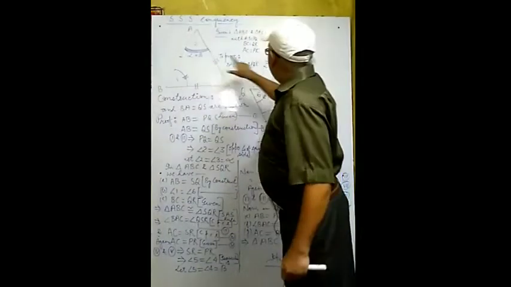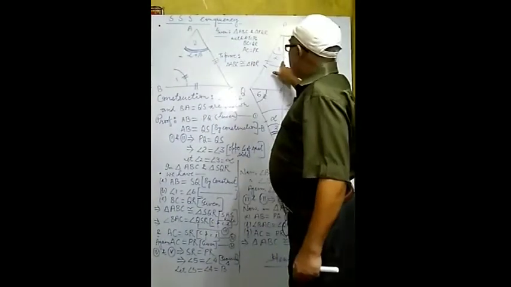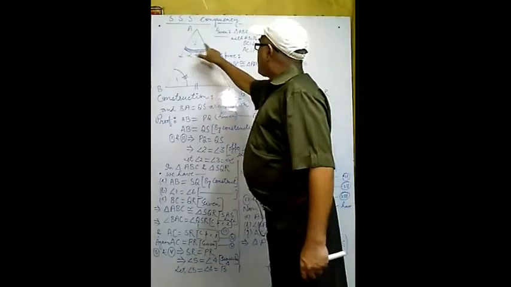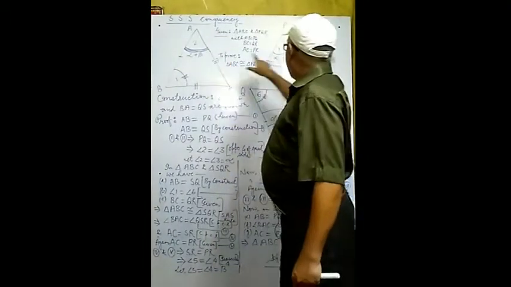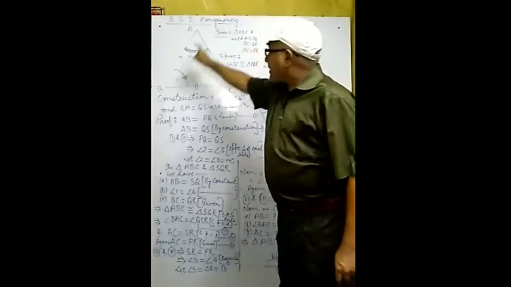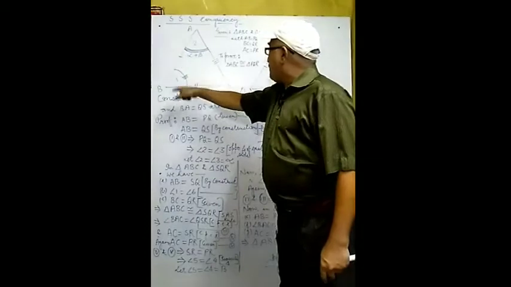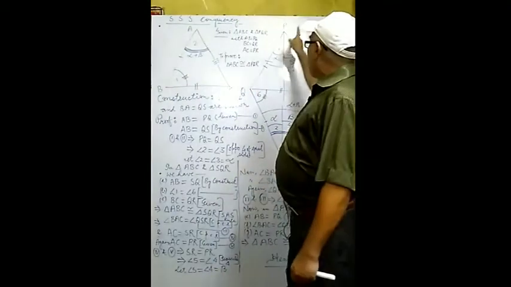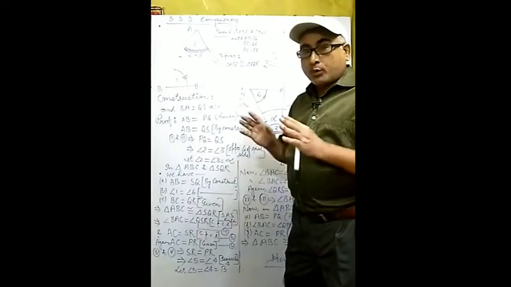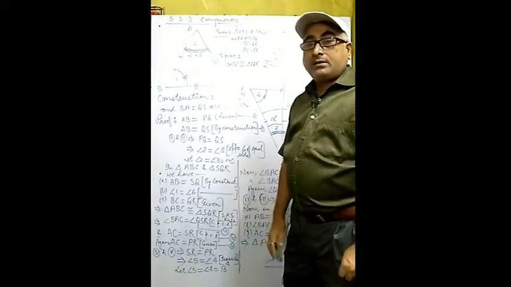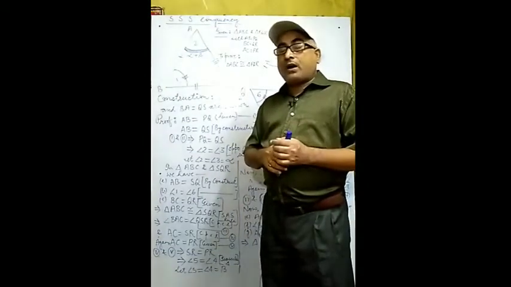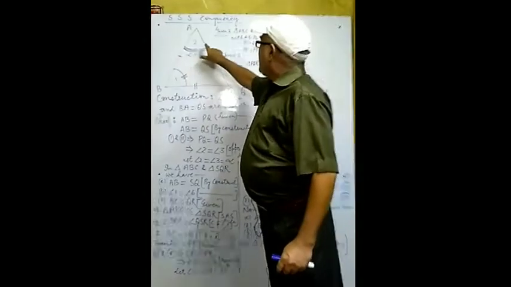Now this side is equal to this one, this angle is equal to this one, and this side is equal to this one. So by side angle side, this triangle is congruent to this triangle. What is the name of this triangle? Triangle ABC is congruent to triangle PQR. In this way, we have proved side triangle congruency, and it is converted in the form of side angle side.